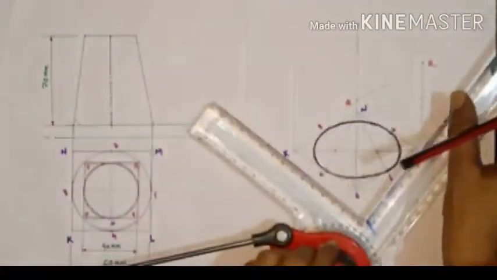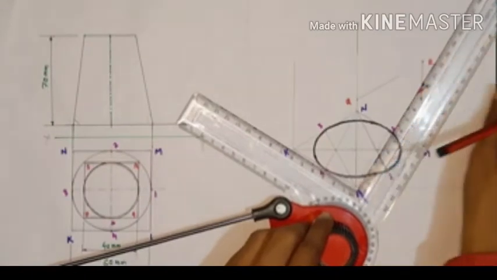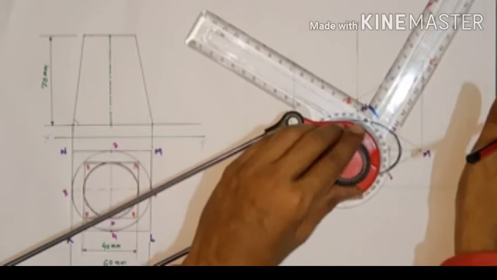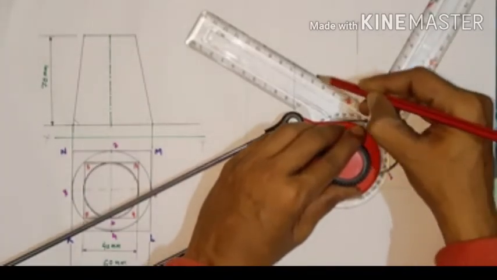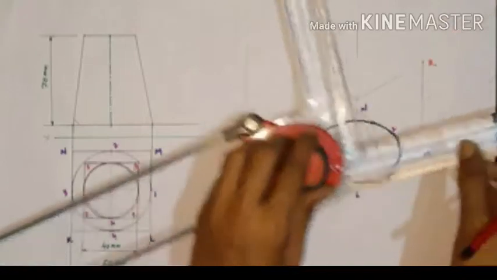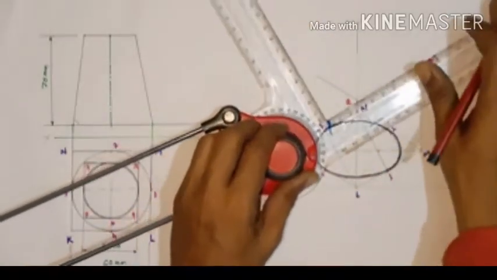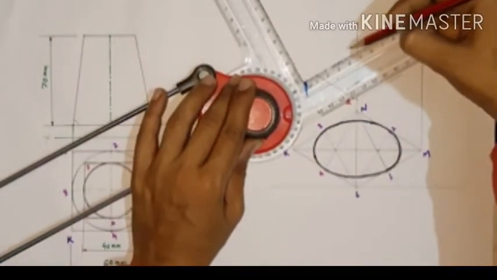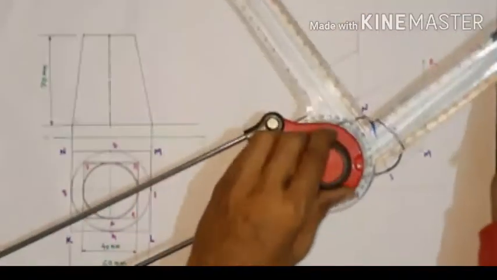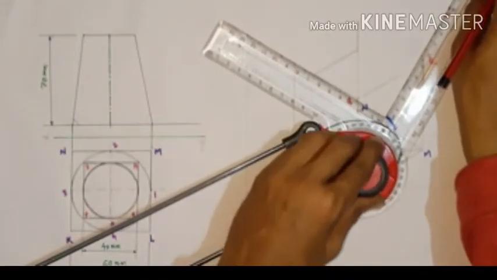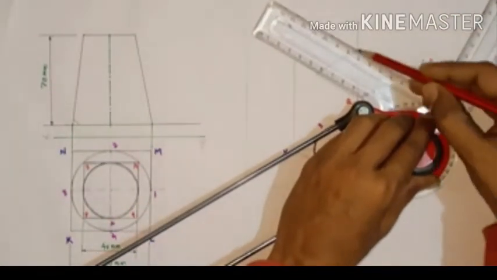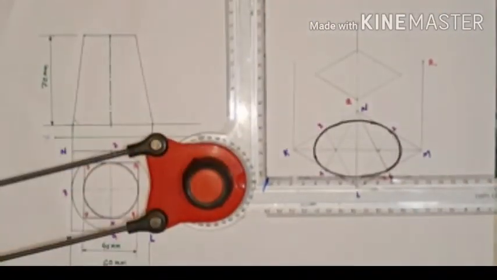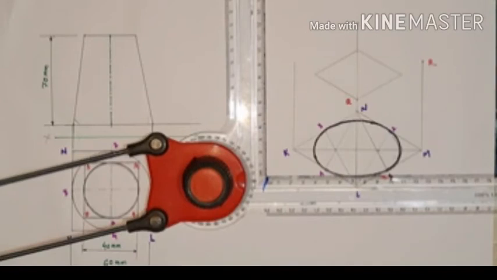Now from here putting the MD parallel to it and taking the dimension here, and it is also your 40 mm like this. Okay, now from this point we again draw, and it is always 40 mm like this. And now from this again we need to join, like this. Okay, so this completes, and now I give the name again for this.